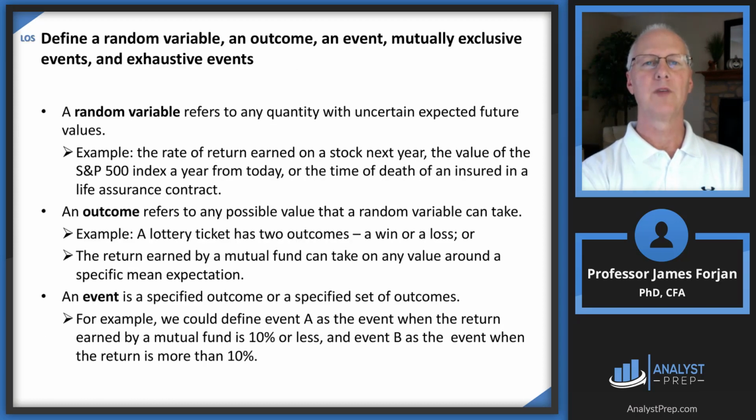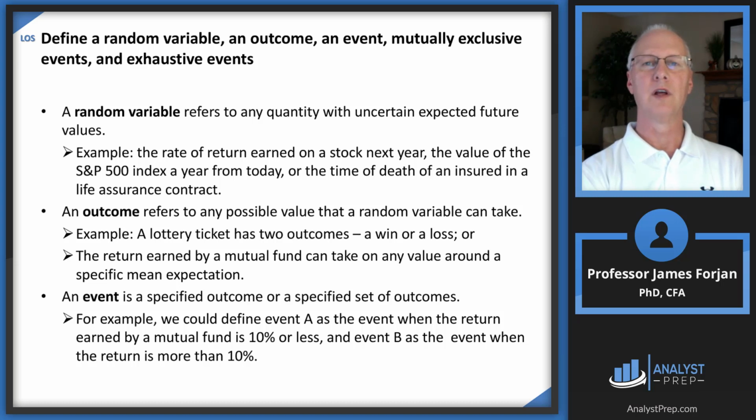All right, the first LOS asks us to define a couple of things. Random variable, first of all, refers to any quantity with an uncertain expected future value. My children use that word random all the time. I really don't think they're using it in the proper way. Random means that you just can't predict what that future outcome is, like maybe the rate of return on a